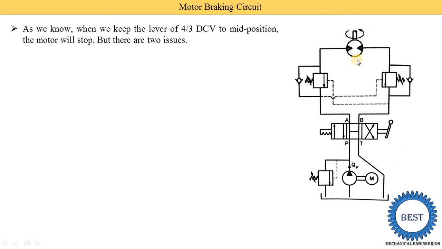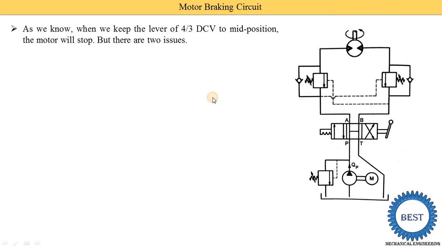meaning clockwise and anti-clockwise directions. Okay, now in this circuit you see the braking valve is provided. This braking valve is one type of sequencing valve, and a sequencing valve is operated due to pressure. Here you see this sequencing valve, or braking valve B1. It senses the pressure on these lines. Here you see this indicates the pilot drains. They take some oil from here, and according to the pressure of the oil they are operated. This is B2, the braking valve or sequencing valve B2, and it is operated due to the pressure difference in these lines.